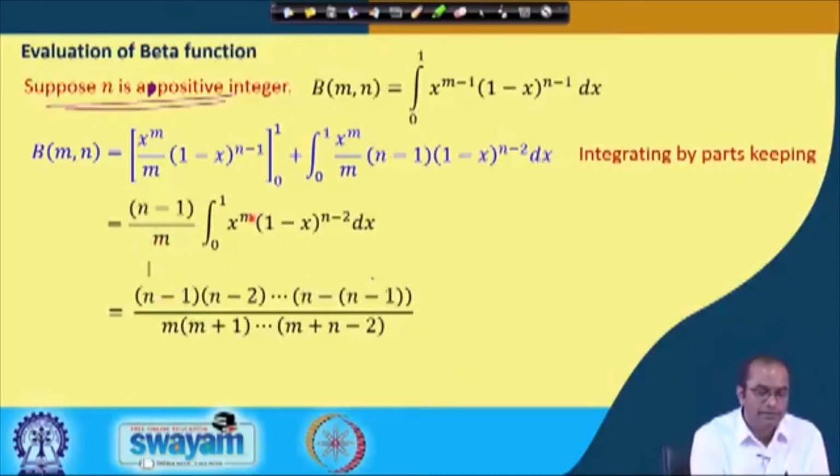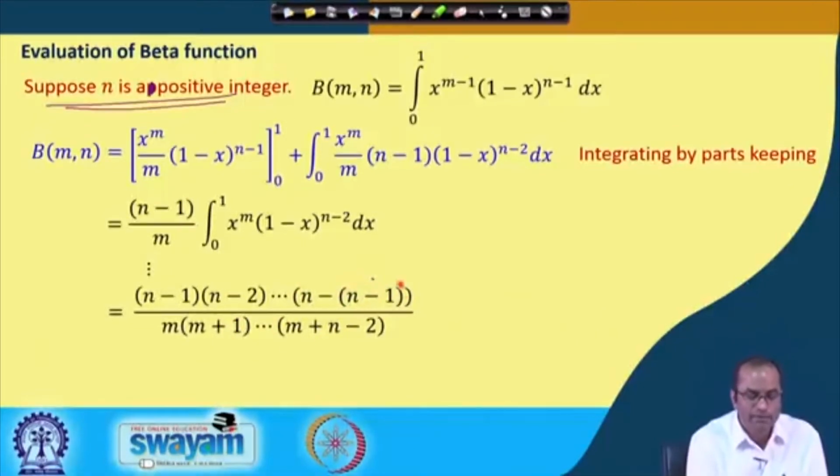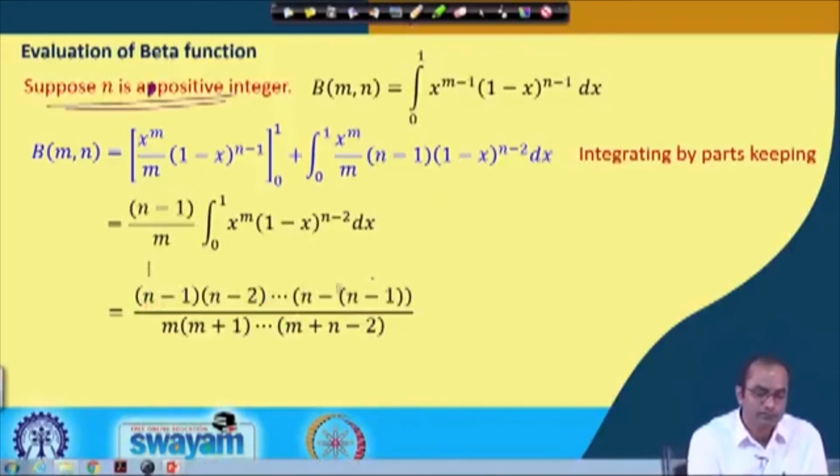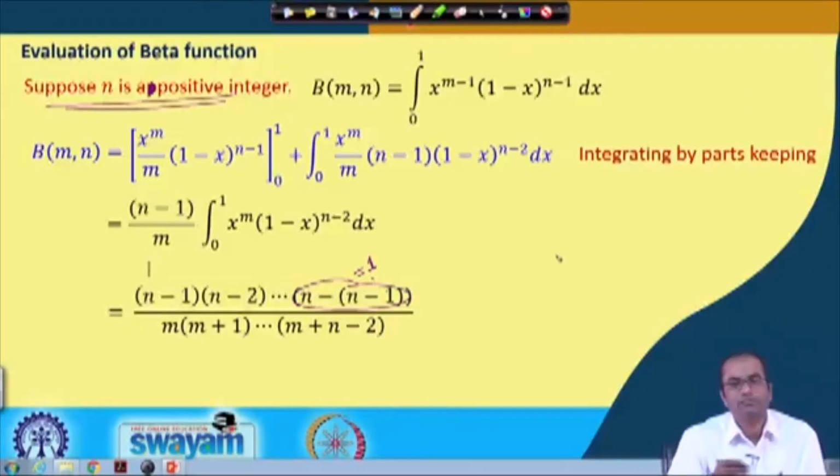So, we have m, and then in the next iteration this will be m plus 1, then m plus 2, and so on, and we can see the pattern here. When 2 was there, the 1 is coming in this term, then 3, then 2 will come, and so on. So, 1 less we are adding here. So, we have n minus 1, and n minus 2 will be coming here with m. So, we have in the denominator these terms m plus 1 up to m plus n minus 2, and in the numerator this is going up to 1. So, here n gets cancelled with n, and this is the 1 term. So, this is nothing but n minus 1, n minus 2, and this product continues up to 1,